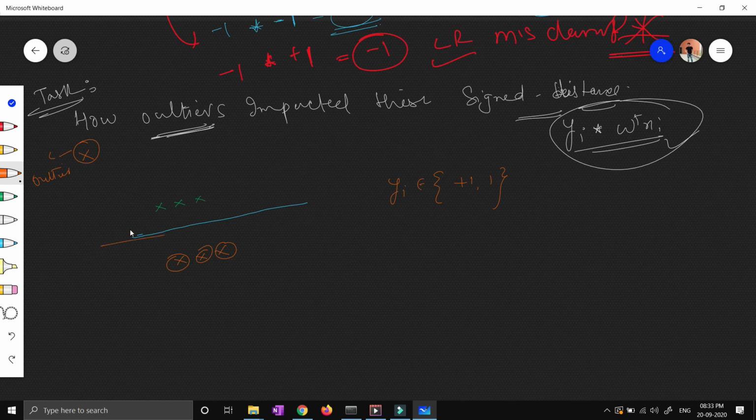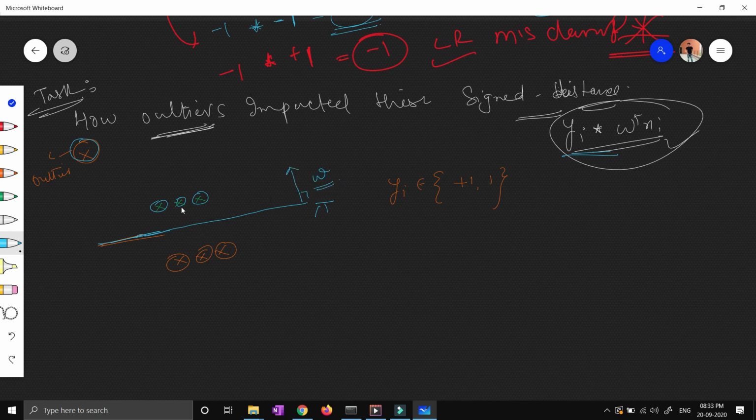Now, because we are solving a classification problem, I have randomly drawn this particular plane, and I want to see whether this plane correctly classifies my data points or not. This is the problem we are solving, and we will also see how these outliers impact the signed term. So this is my plane pi, which I have randomly drawn, and which separates the positive and negative points, and this extreme or outlier point also. This is my normal to the plane in this direction, w.